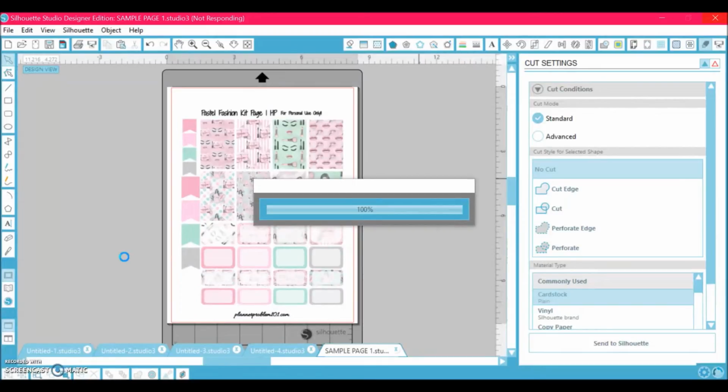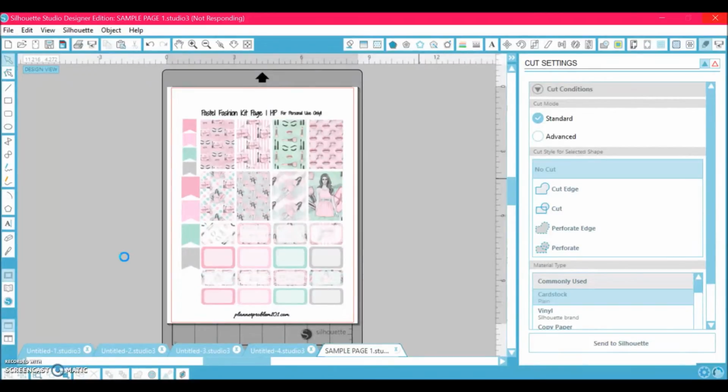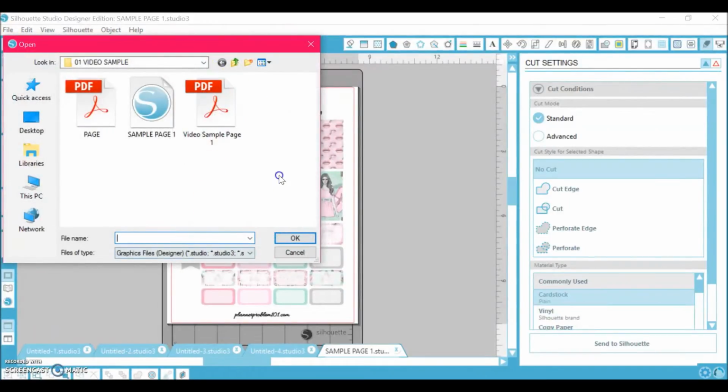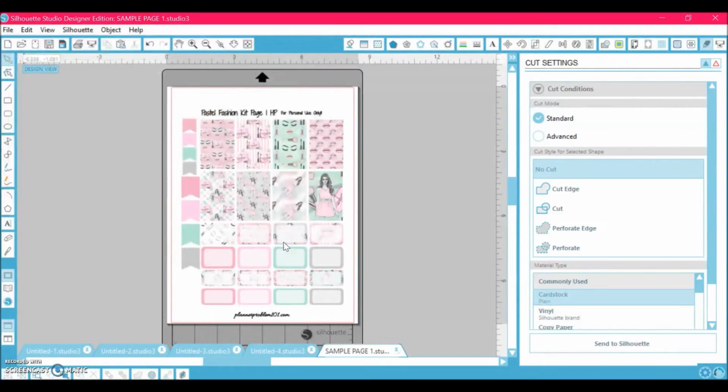So once that's done, let's see. Okay, so now that that's done, I can go through and click open, and in Designer Edition it'll allow me to open a PDF. So I'm just going to select this PDF, open it,